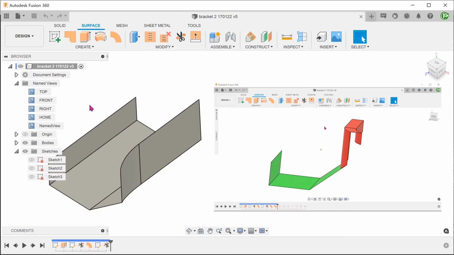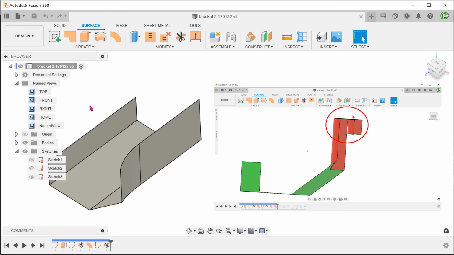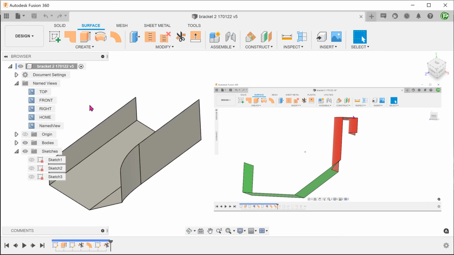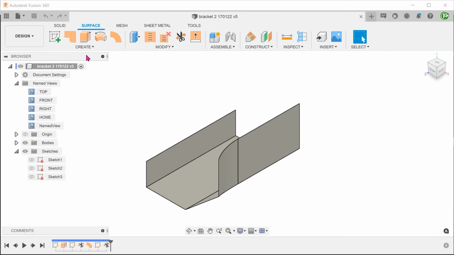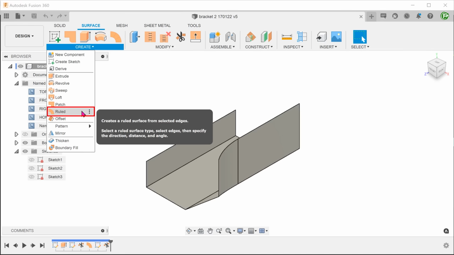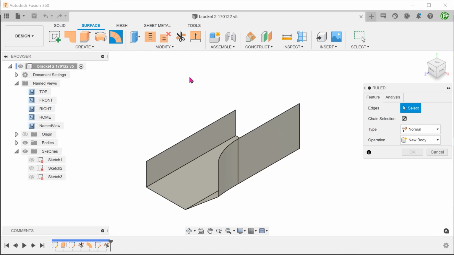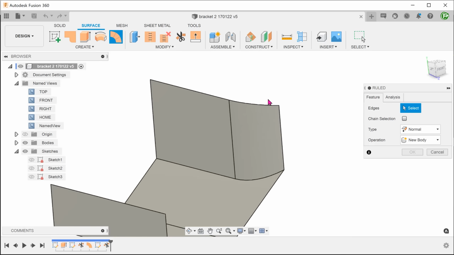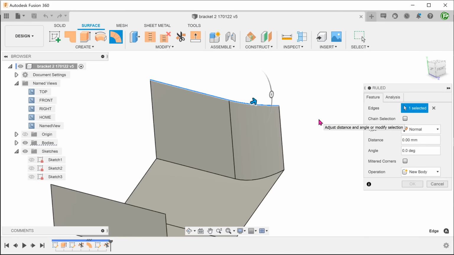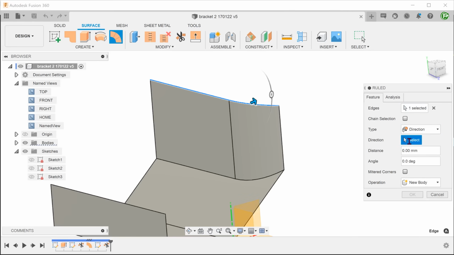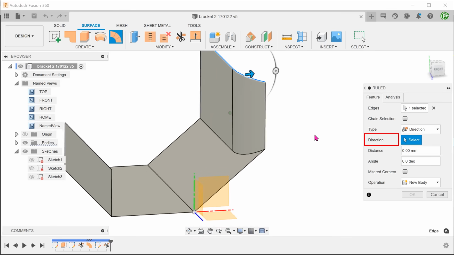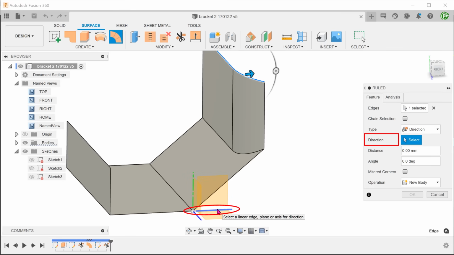The final design calls for a slot here. We can simply use the route surface another 2 times to do this. For this section, set the direction to be along the x-axis.